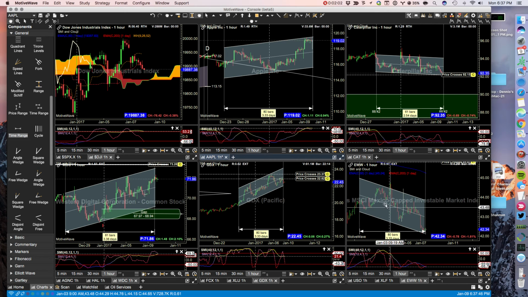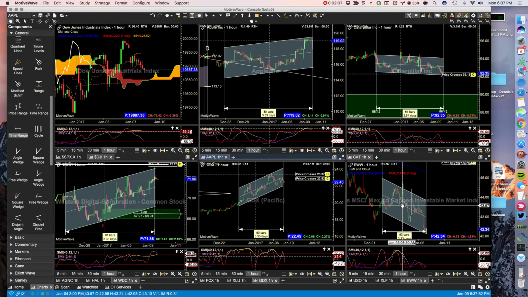On this Mexican EWW index fund, we can see good behavior of tracking the bottom and top of the 2 standard deviations quite well. We see the same thing for the gold miners, and we see the same thing for Western Digital, where we started at the top at 2 standard deviations, came down to the bottom, exceeded it for this brief 1 hour, popped right back up 2 standard deviations away, back down to the mean,